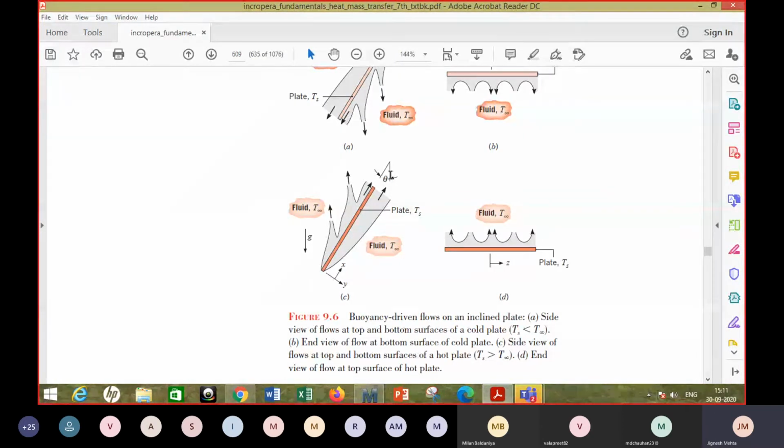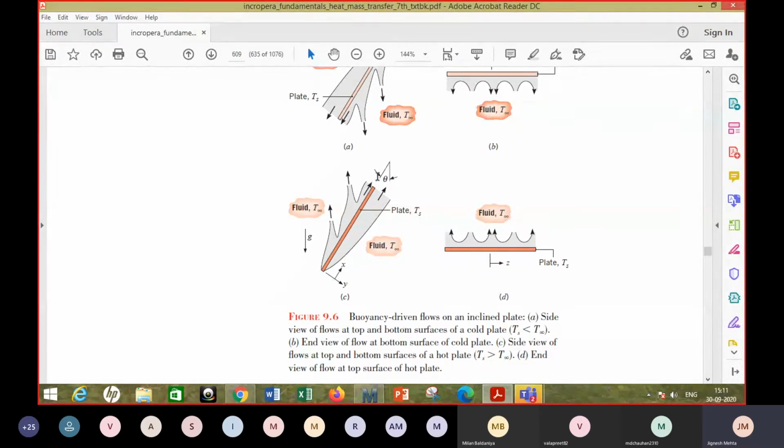Now here for the bottom hot surface, you may use the correlation for a vertical plate also, given that this theta is not too large. Now by that it is up to 60 degrees. So if it is up to 60 degrees, the equation for the vertical plate may itself be used with just a modification that you multiply cos theta to that, right? So if theta equals 30 degrees, you just multiply cos 30 degrees in that equation and you get the Nusselt number. But the correlation for the other side should be different because the pattern that is generated is different.